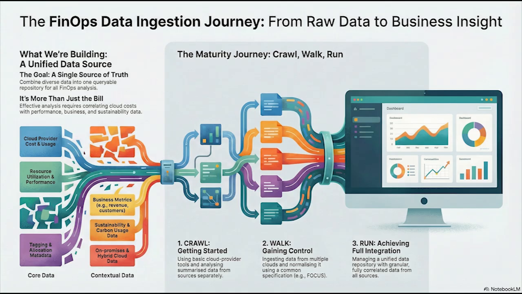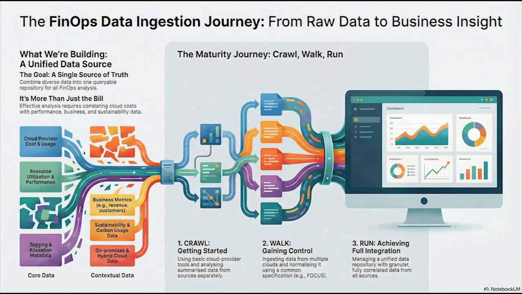That makes perfect sense. But how do you stitch all that together? I mean, highly technical data like Kubernetes metrics with high-level business data like Q3 revenue, that sounds like a normalization nightmare. It is a nightmare. And the answer is in two places. Yep. Metadata and standardization. First, your metadata. So your tags and labels from your allocation strategy, that gives you the keys to correlate everything. Every piece of data needs a common identifier, like a business unit ID or a product name. And that brings us to the hero of this story. Or, well, it's more of a technical specification than a hero, I guess. Exactly. We're talking about the FinOps Open Cost and Usage Specification, or FOCUS.